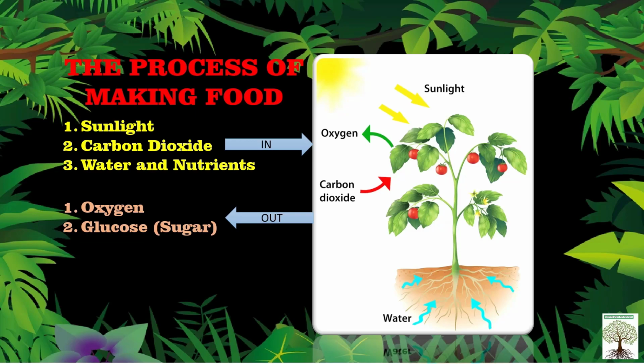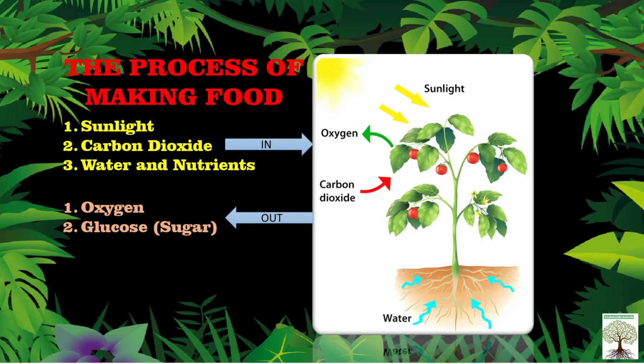See, photosynthesis means, photo means light and synthesis means putting together. So the plant puts together carbon dioxide from the air and water from the soil to make its food, and the energy it needs for this is obtained from the sunlight. So the energy is obtained from sunlight, and it is the chlorophyll which traps sunlight for this purpose. So for making food, the chlorophyll present traps this energy into the leaf. So three things: sunlight, carbon dioxide, water and nutrients, and chlorophyll present in the green leaf.